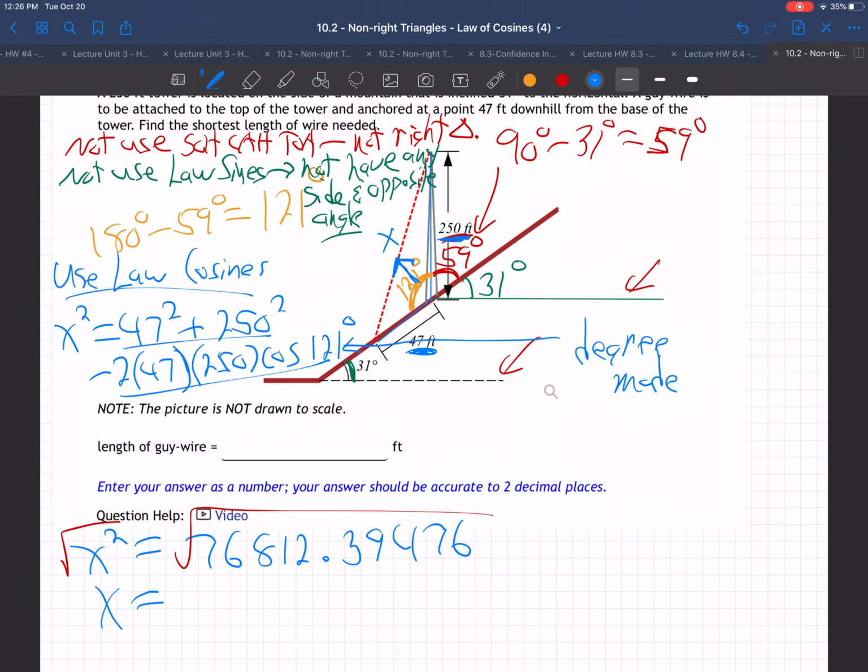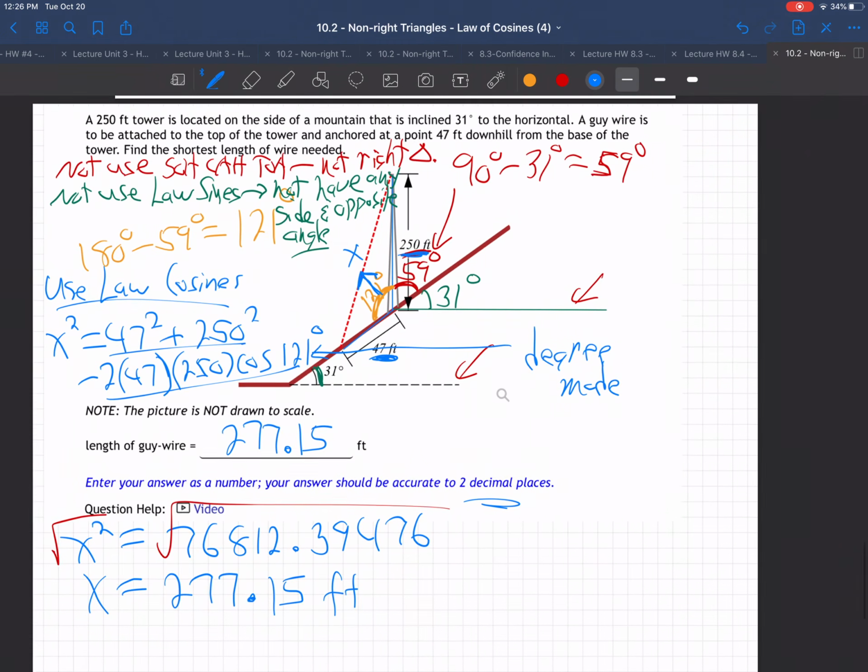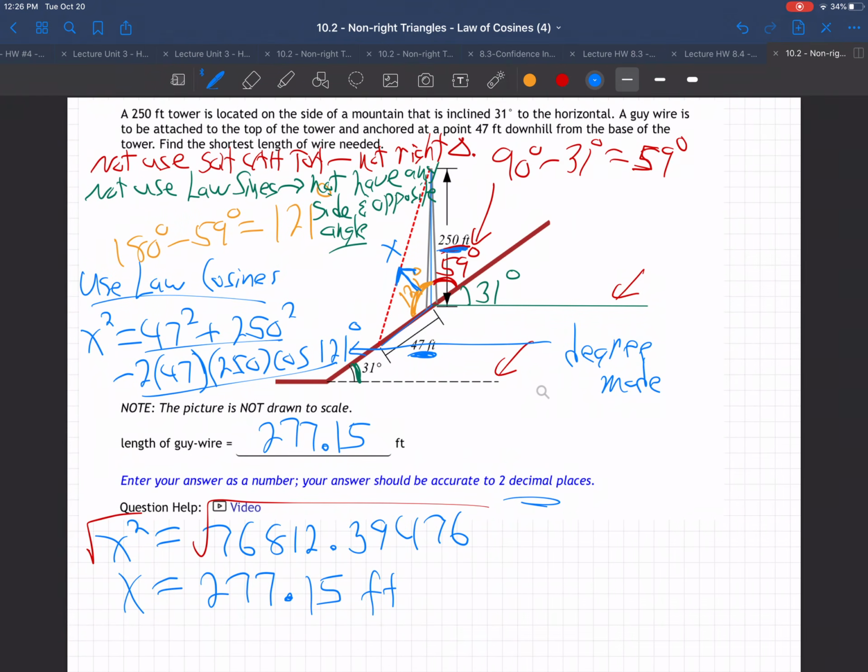So I'll hit second square root. Oops. Second square root of the answer. I use the answer button. It's quicker, more accurate. 277.15. I think they said 2 decimal places. 277.15 feet is the length of the wire needed. So that's a pretty tricky question. We did a little bit of angle geometry stuff to find the angle right in here inside the triangle, and then we can solve for x using the